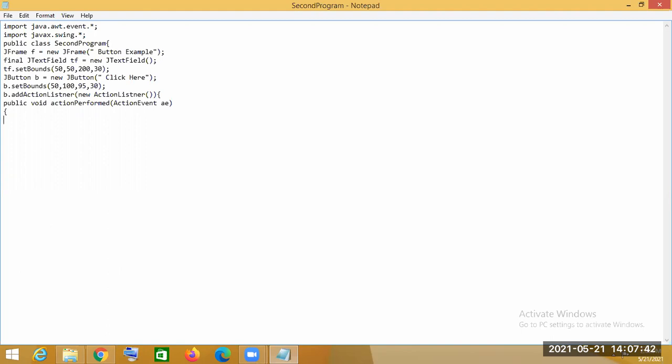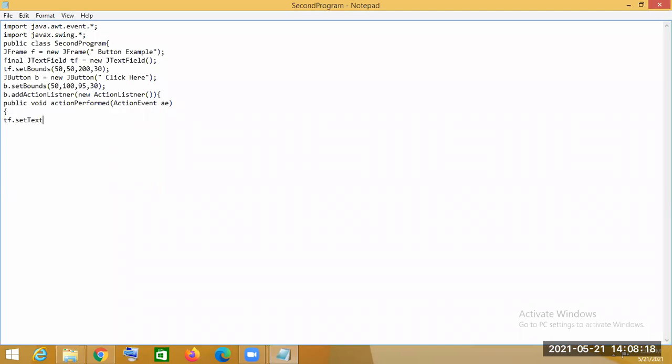We mainly want to state that if we press the button, an event will be generated. And what will happen? In the text field, some text will be shown. So we should use the text field object and the setText method. The setText method sets the text which is given by the application programmer.